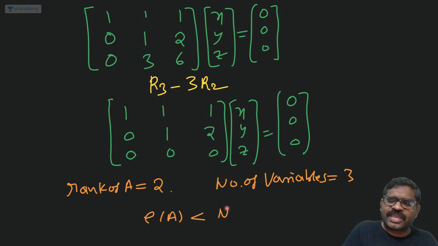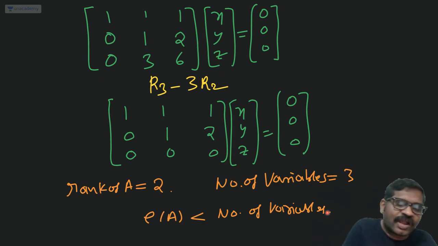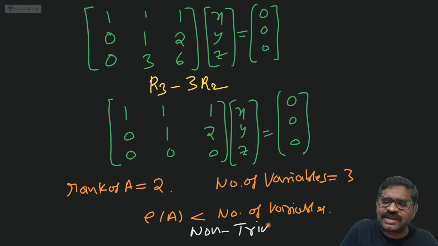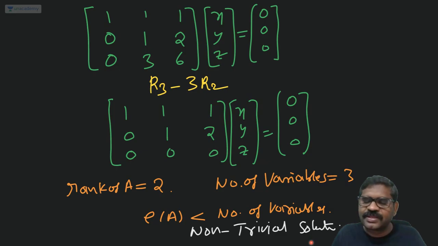Rank of A is less than the number of variables. Therefore, non-trivial solution. Sir, what is a non-trivial solution? How to get a non-trivial solution? I am explaining. Please remember,